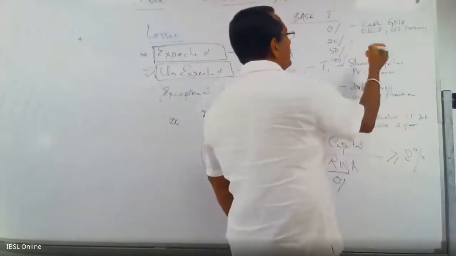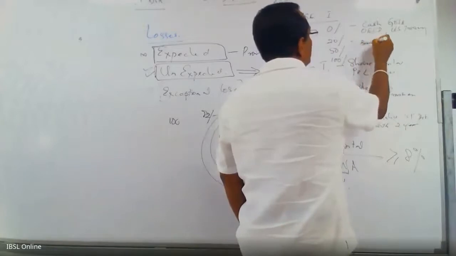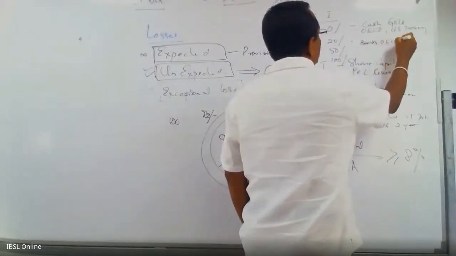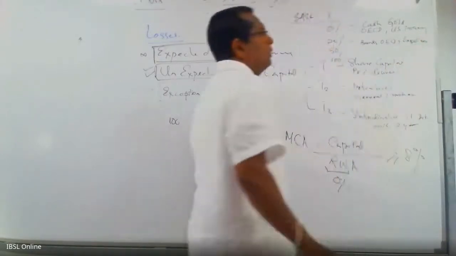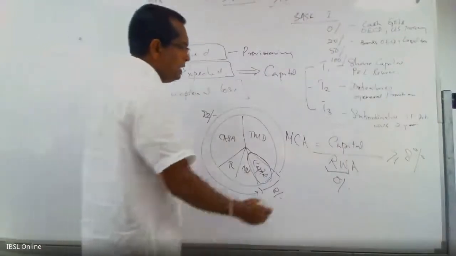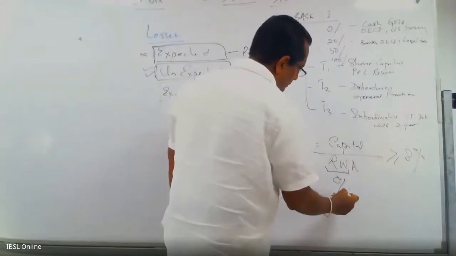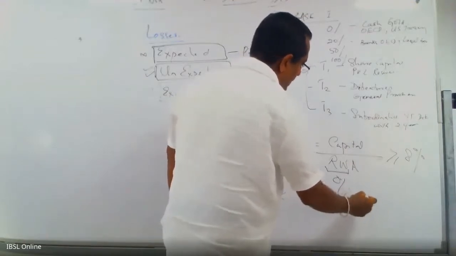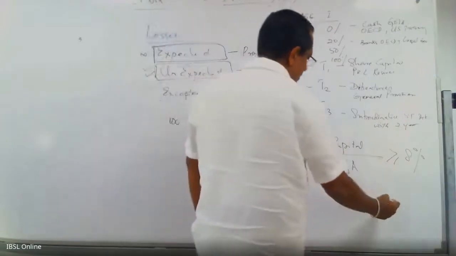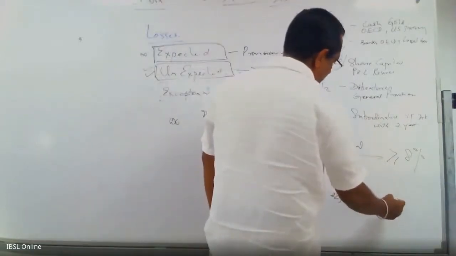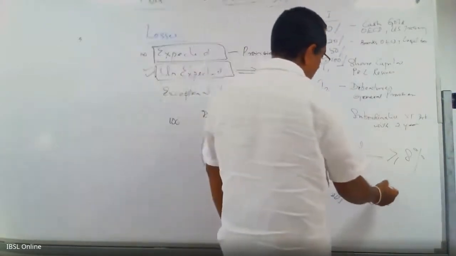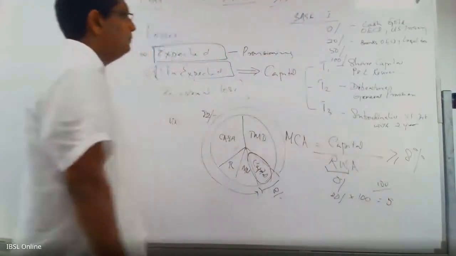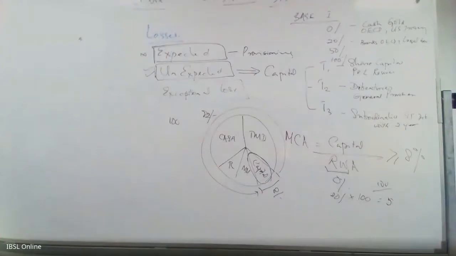If you are lending against banks in OECD, local governments, like that, you need to have 20%. So that means 20% into, if it is 100, which is 5, right? 5 divided by 100. So you need to have 5 rupees